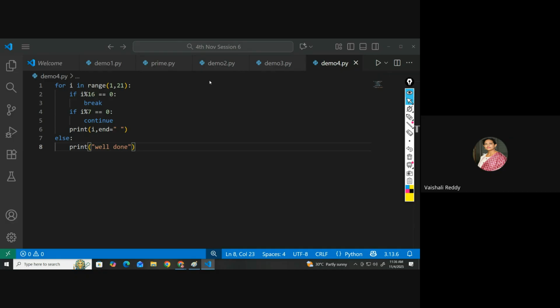भावदीप, एल्स पार्ट कब प्रिंट होता है? When is the else part executed? When the for loop runs to its completion. Did our for loop run to its completion? For loop अपना पूरा चला है क्या भावदीप? हाँ तो क्या आंसर आएगा अभी? वो तुम लोग को आंसर पता है।